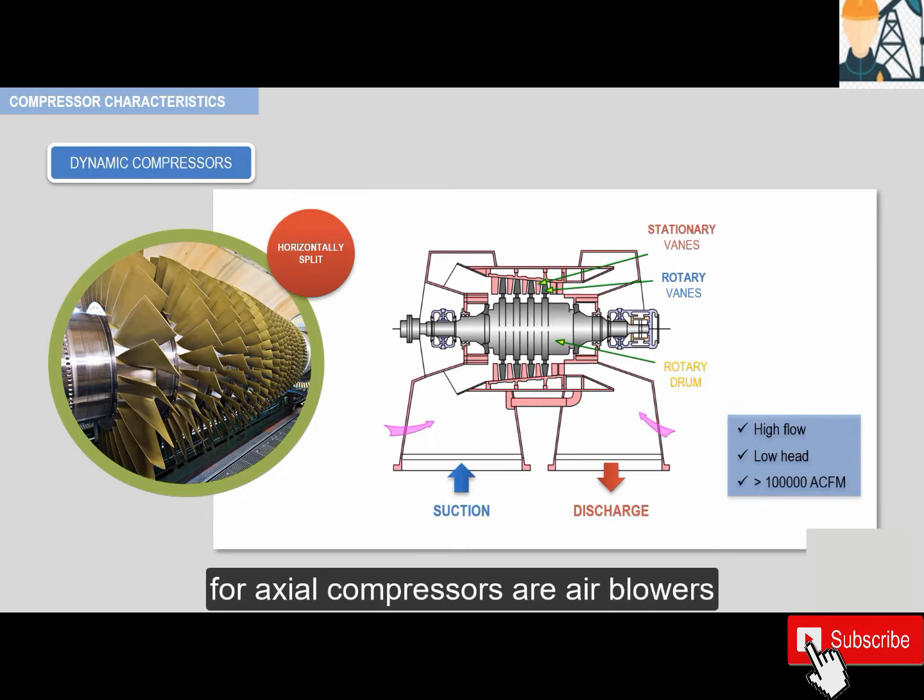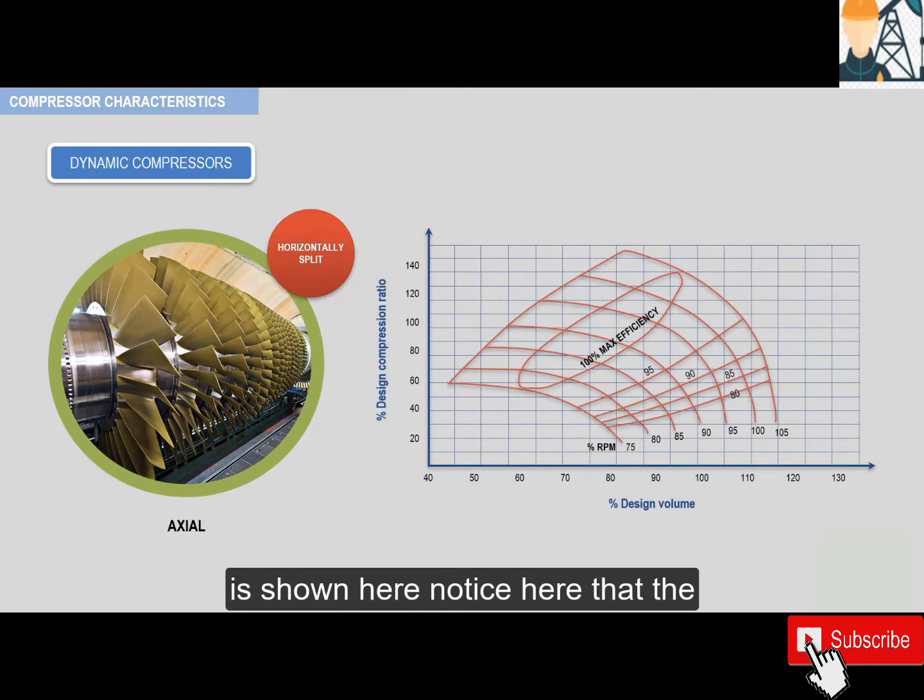The most common application for axial compressors are air blowers for the fluid catalytic cracking units used for petroleum refining, or MTBE compressors, and gas turbine air compressors. A typical curve for an axial compressor, so the percentage volume versus the percentage compression ratio, is shown here. Notice here that the pressure rise from 100% flow to surge flow is always greater than the corresponding pressure rise